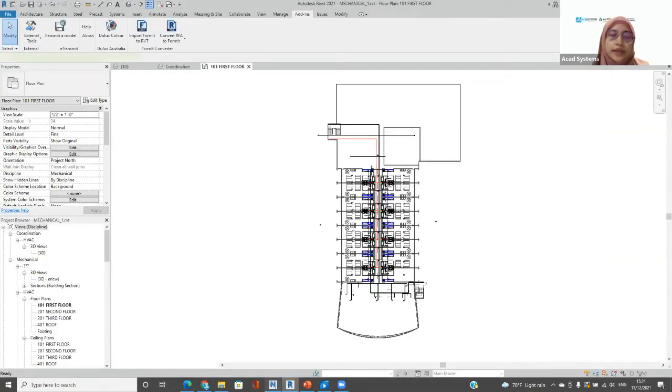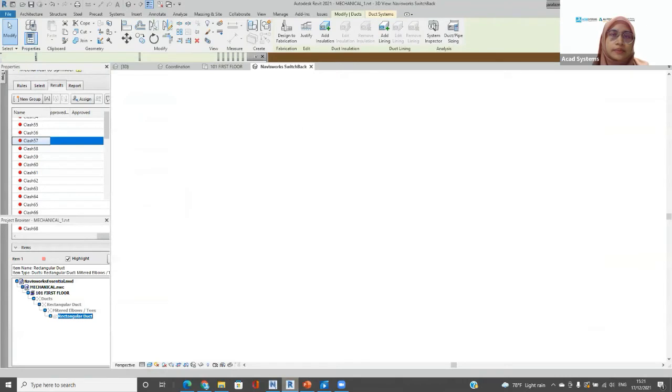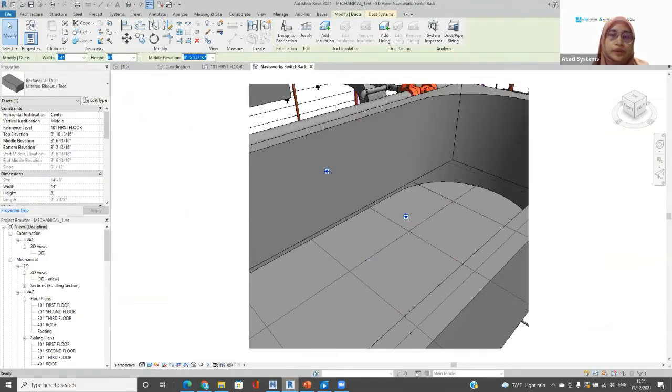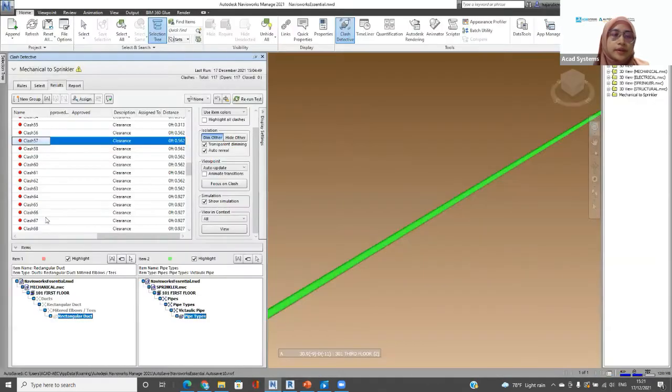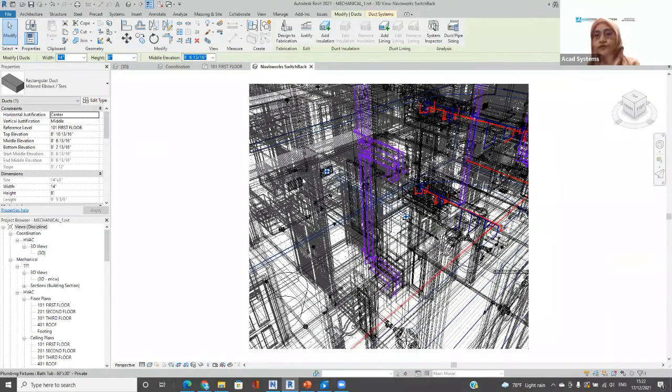All right, so I'm going to select back on my switchback here, click on the switchback, and then see that here. Okay, so that is the pipe there, and then you can also see what is being selected in the properties, that is the clashes for number 57 here. This is the pipe here. So I cannot see this view. You can change it accordingly to see it,